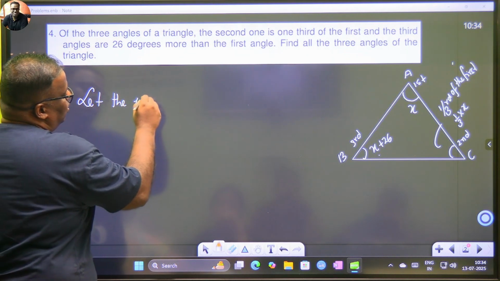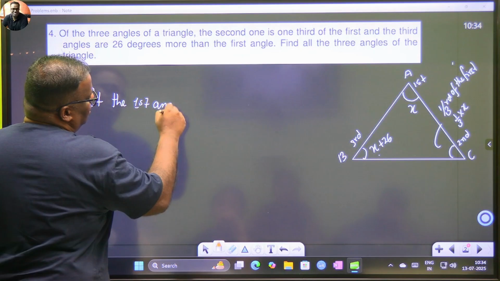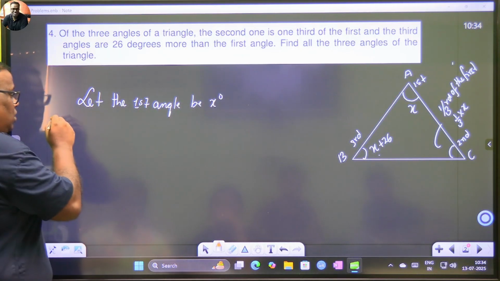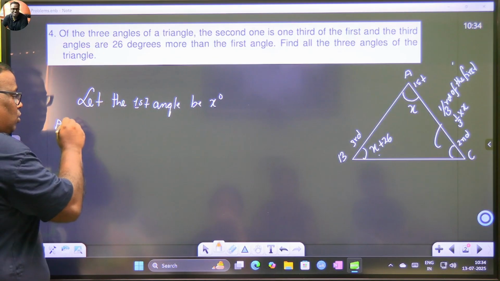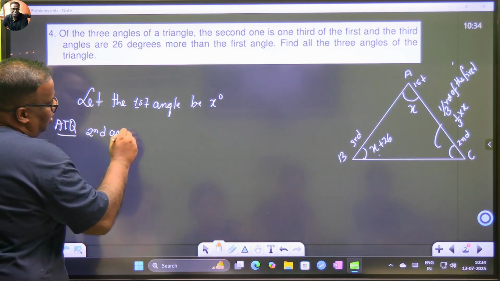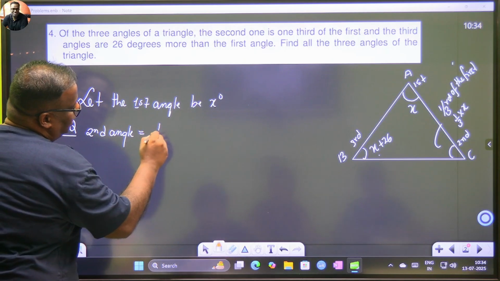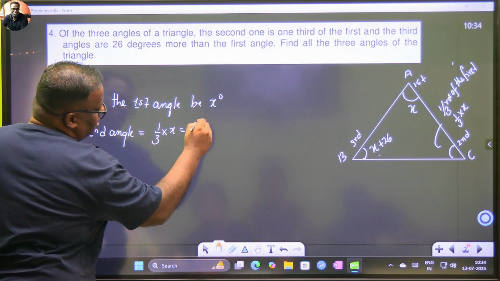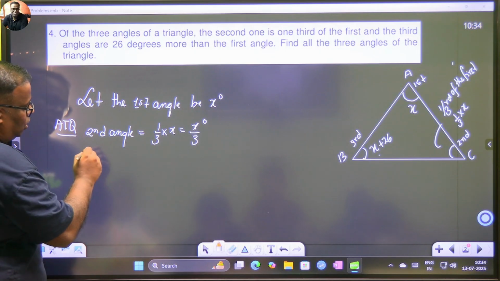Let the first angle be X degrees. And then we write a term ATQ, which means according to question, we can write the second angle is equal to 1/3 of the first, which is equal to X by 3 degrees. And the third angle,